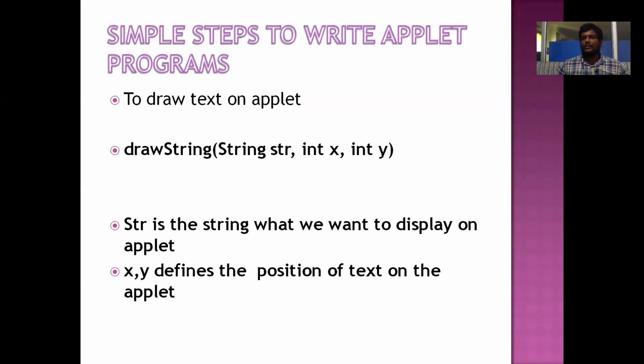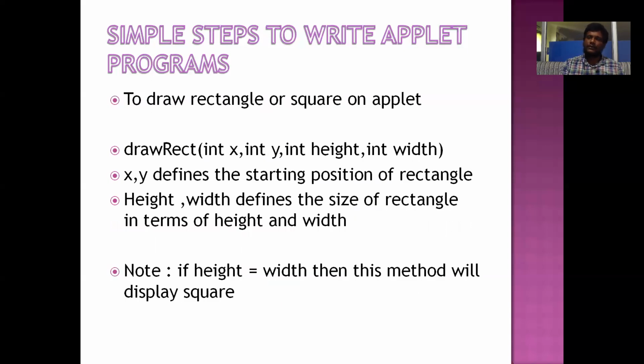Similarly, if I want to print something at a different position, I can mention, for example, 30, comma 40. So our string will start printing from 30, comma 40. This is how we display some text on the applet by using the drawString method. Similarly, let us see some of the different methods we use to create different shapes. Coming to the next method, if we want to draw a rectangle or a square on the applet, there is one method called, see the second point, the drawRect method.